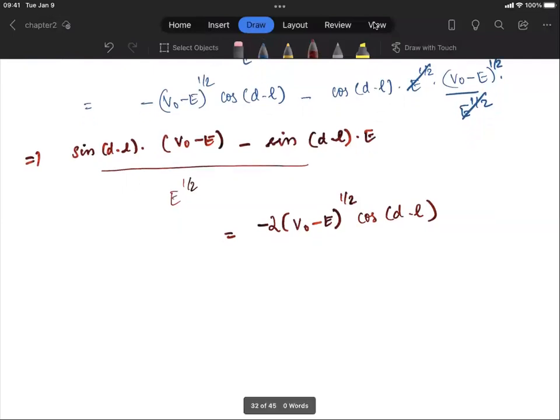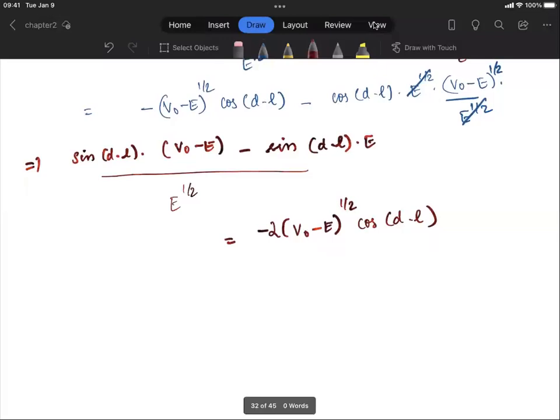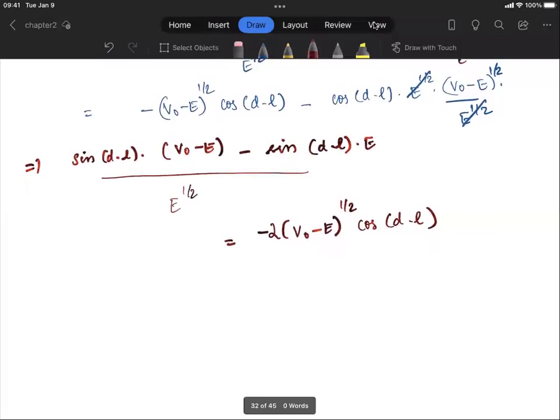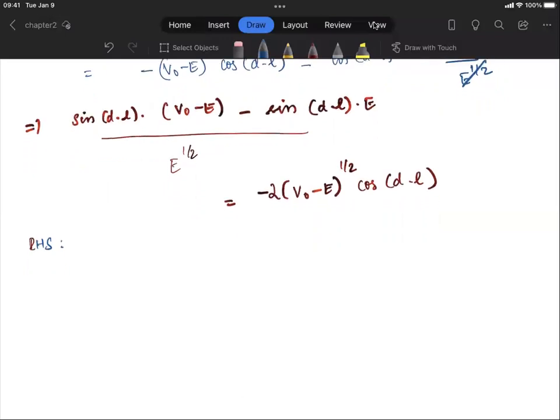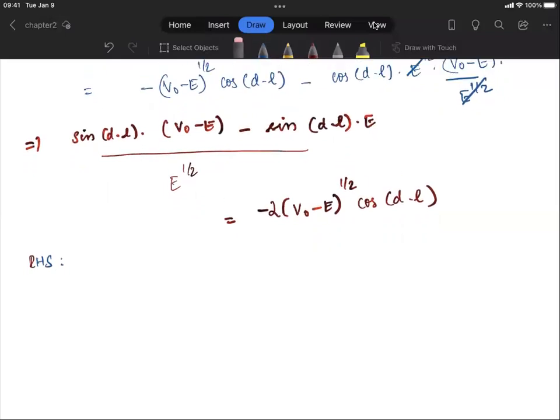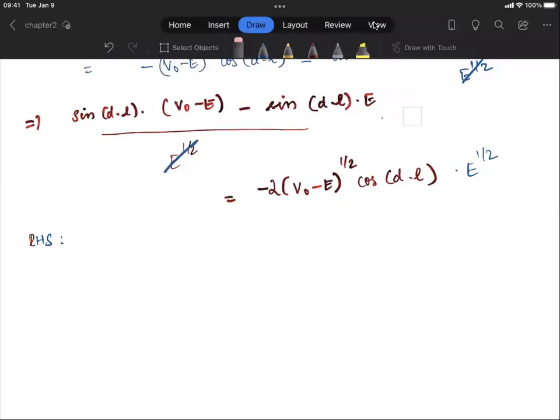So what we have is very close to what we see in the equation. Now let's just work with the right-hand side. Okay, before we get to that, I'm actually going to multiply both the sides of the equation with an E to the power half. So yeah, we end up with